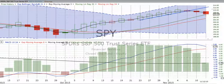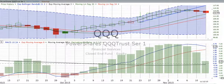Now let's zoom out to the two-day chart. We'll look for our last index at the Qs, which is the NASDAQ 100 as represented by PowerShares QQQ Trust Series 1. Some people call it the cubes. I just call it the Qs. It crossed over the two-day trend line back on the 6th. And again, even though that was an up candle for that two-day period, it did cross over the two-day trend line, particularly that next day on the 10th. And then on the 12th, it has continued the down moves. The NASDAQ 100 was down almost 1%,